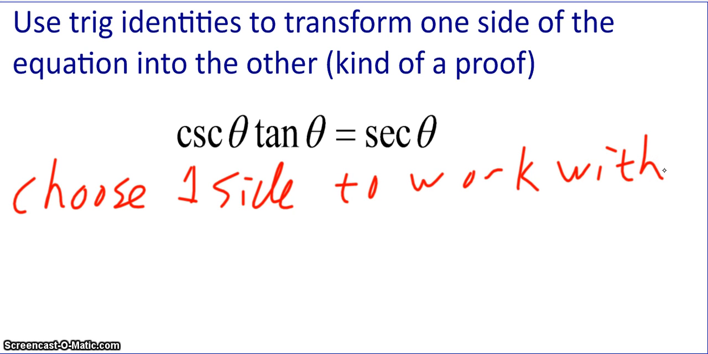Most of the time you want to pick what looks like the more complicated side. Now I know that seems a little bit counterintuitive, but it actually makes the problem easier. Then you're going to use your identities to substitute in, and you're going to use some basic algebra to prove that the one side does actually equal the other side. So here, if I look at this example,